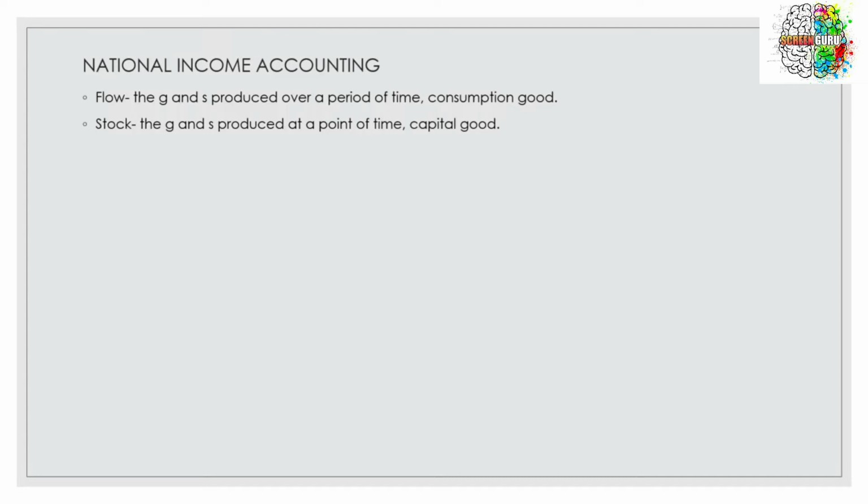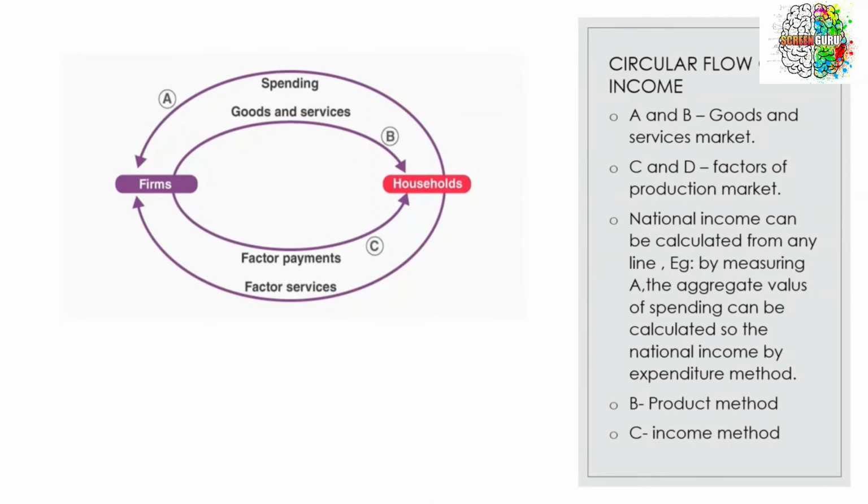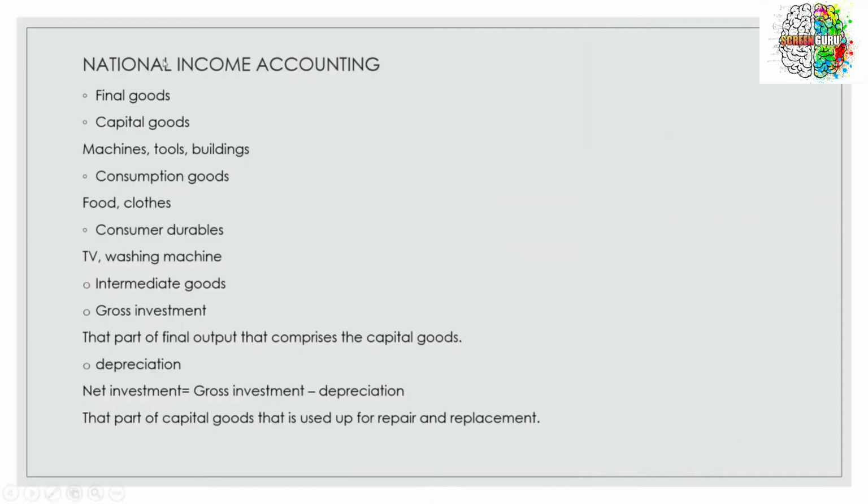So if you're clear with that, let us move ahead and continue with our circular flow of income. Before that, we'll discuss some more terminologies. When I mentioned national income accounting or GDP calculation, I said the final goods. I said GDP is the sum total of all the final goods and services produced in the country. What exactly is a final good? A final good is that particular good where you cannot do any further value addition.